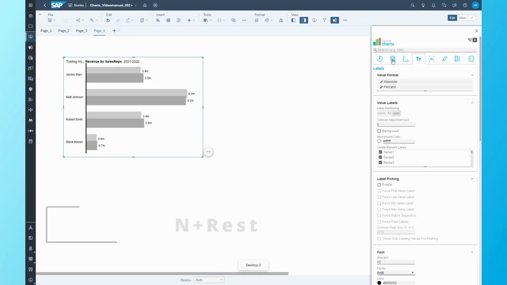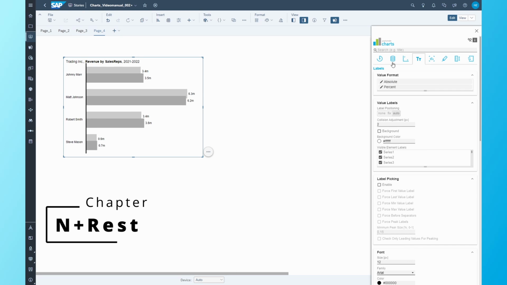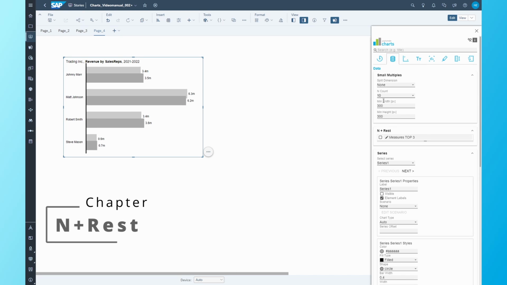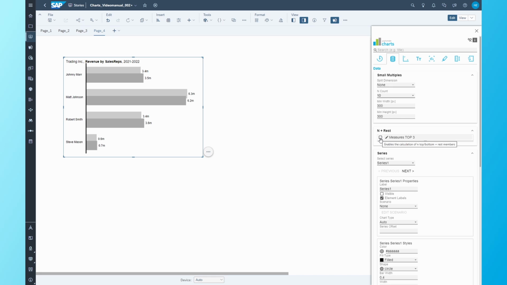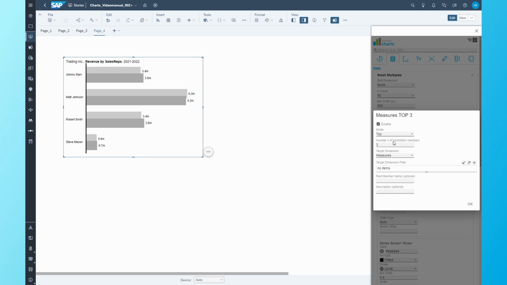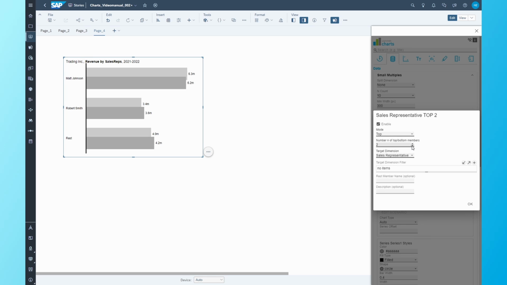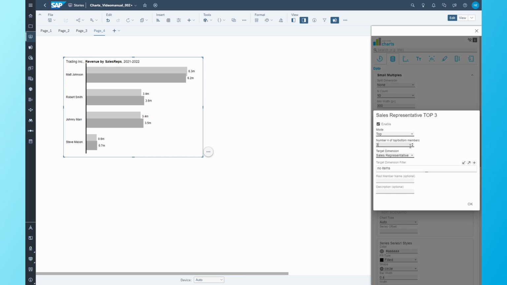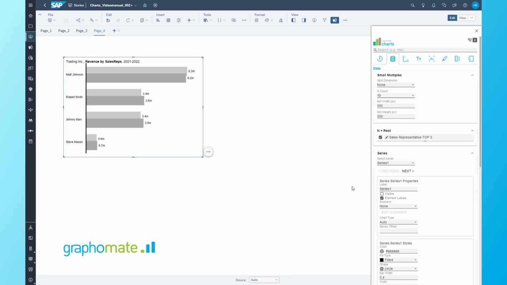If we want to sort our data in a ranking order, we can use the N+Rest function. We find this in the Data tab and activate it by clicking on the checkbox. Clicking on the element itself opens the dialog. Here we first define which dimension the function should affect. Then we can influence whether we want to show the top or bottom elements of our data series and how many of them. Once all the desired data has been visualized in the component, we can take care of styling